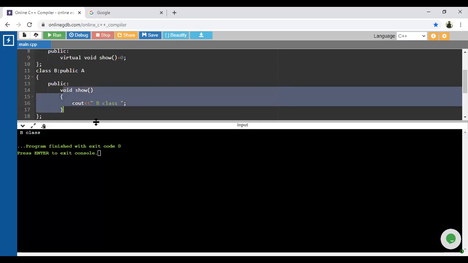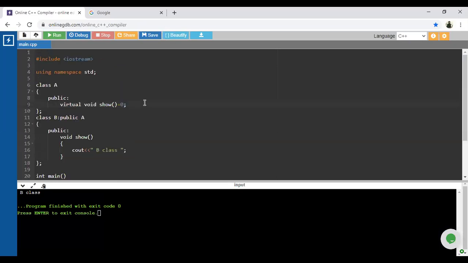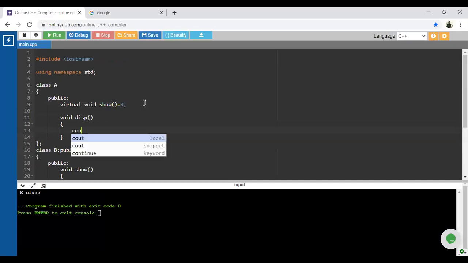And Sakshi, your question is that inside the abstract class we can use normal functions also. Suppose I use this function, and inside that I use a display statement, display from abstract class.